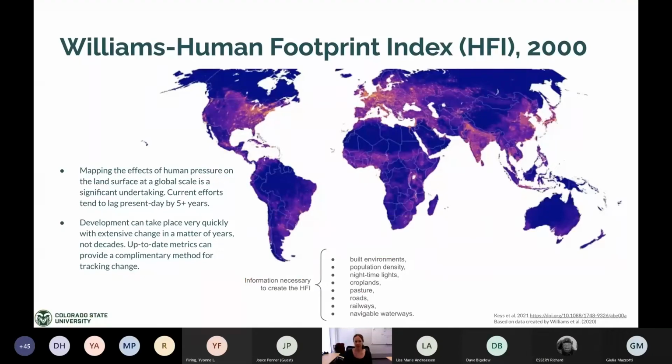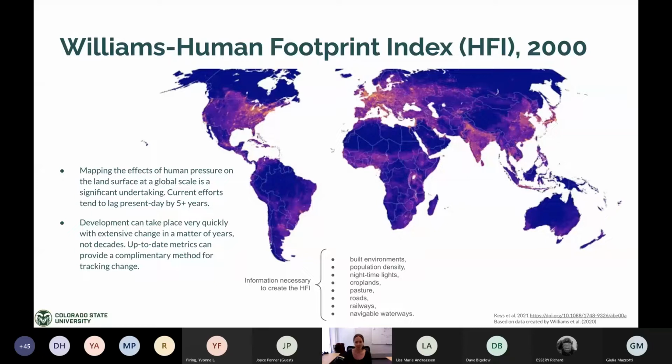So here's a map of what is often called the HFI, or the Human Footprint Index. In this case, we're plotting it from 0 to 1, where a 0 or a dark blue color means pristine forest, and a 1 means, you can imagine, a shopping mall with a bunch of cement. So a lot of human footprint in that region.